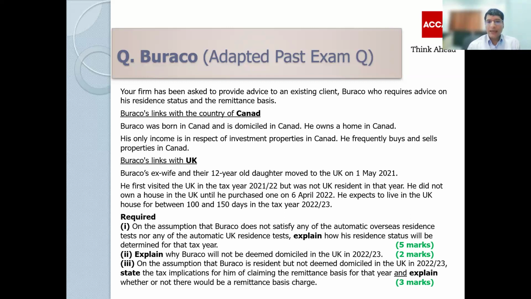Otherwise, that income will not be liable to UK tax under the remittance basis. And if remitted, and that income or those gains were also taxed in another country, tax credit can be claimed under unilateral relief or bilateral relief. Bilateral relief means double tax treaty. That's the third bit. And if you want, you can always add UK income is always liable to UK tax regardless of the domiciliary status and whether remittance basis is claimed or not. That's the third part.